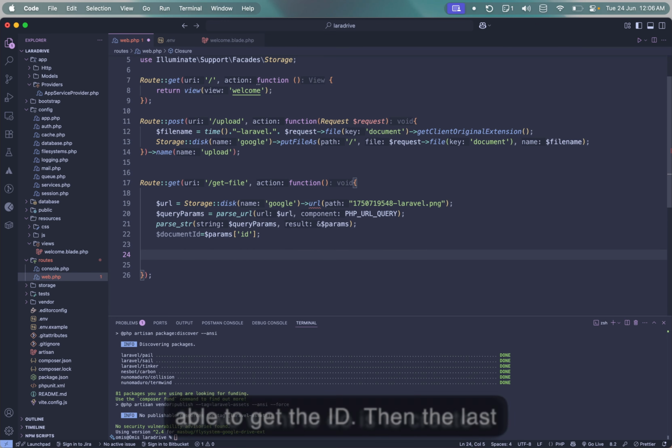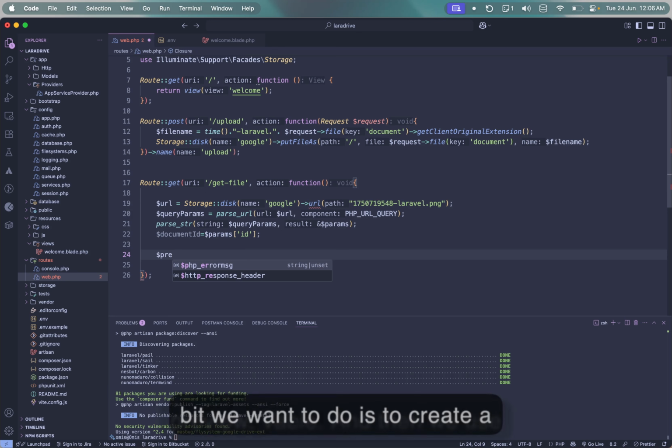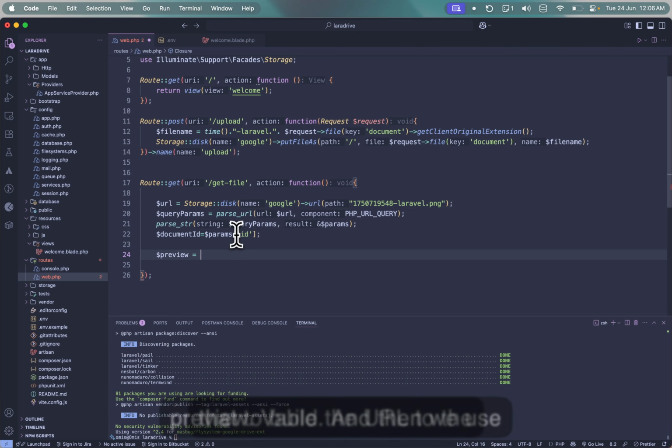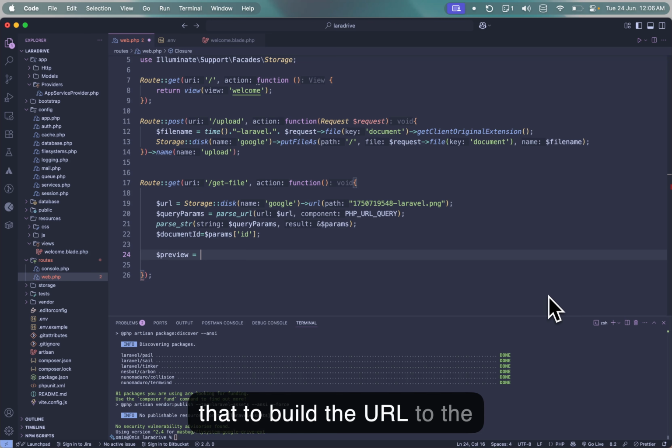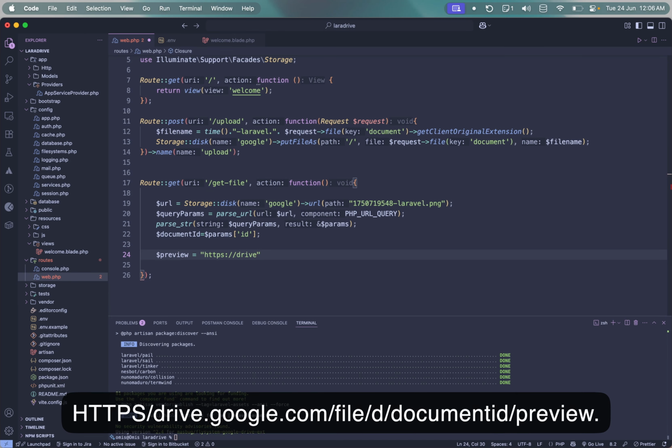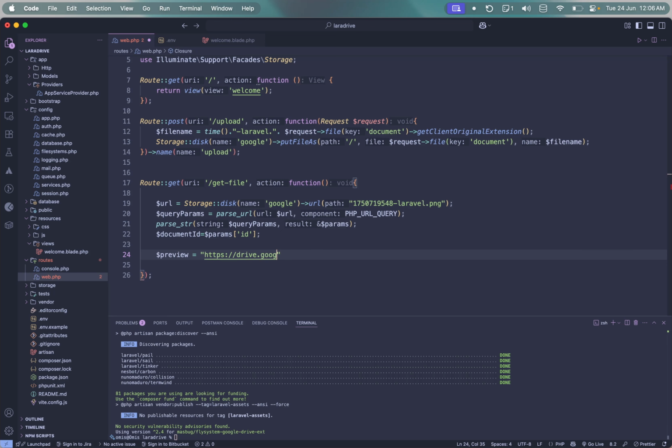Then the last bit we want to do is to create a preview variable, and then we use that to build the URL to the Google service for us to be able to preview. So I'm going to say https://drive.google.com/file/d/ using document id/preview,